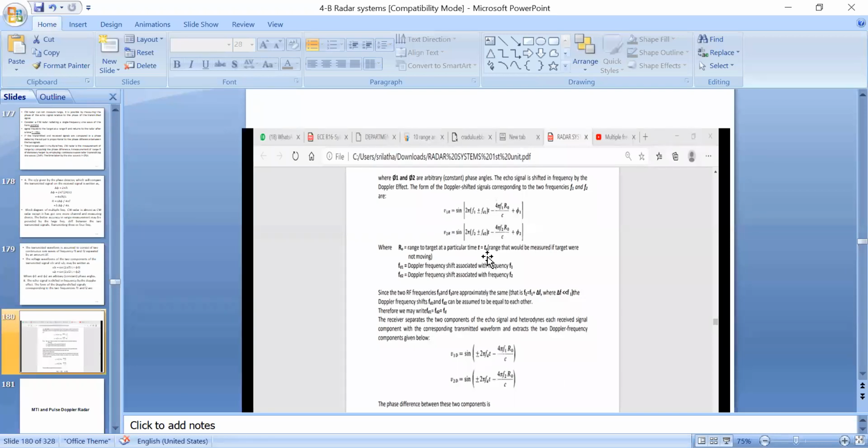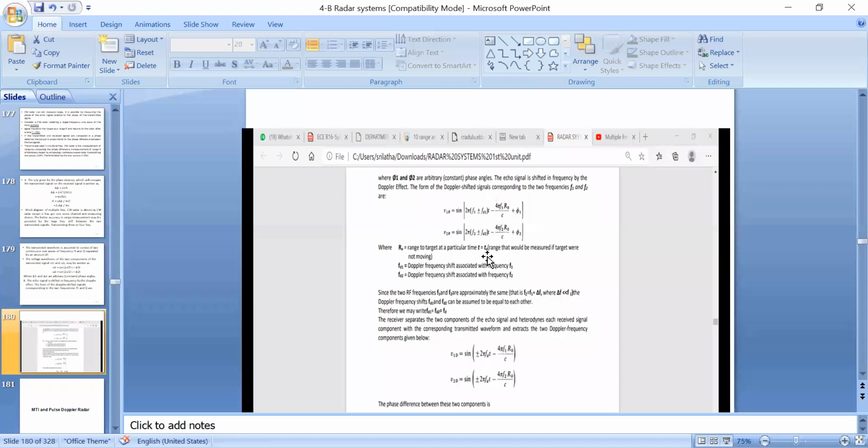And coming to the second one, flicker noise: by using an intermediate frequency generation in the continuous wave radar receiver, you can avoid the flicker noise up to some extent, not completely, as the flicker noise is inversely proportional to the frequency of operation. Coming to the third point, range information is not provided. Even by using a continuous wave radar with non-zero IF receiver, it is not possible to provide the range information, right? So for that, we are moving to the frequency modulated continuous wave radar.